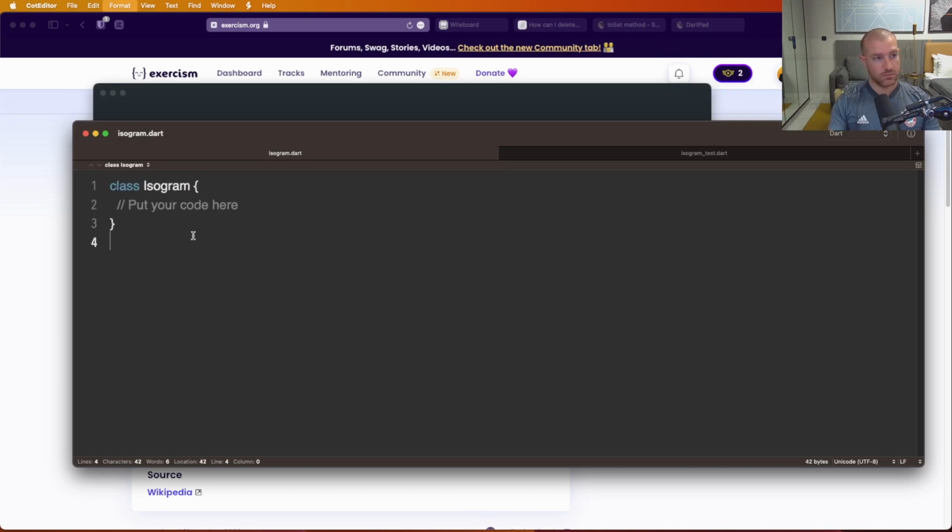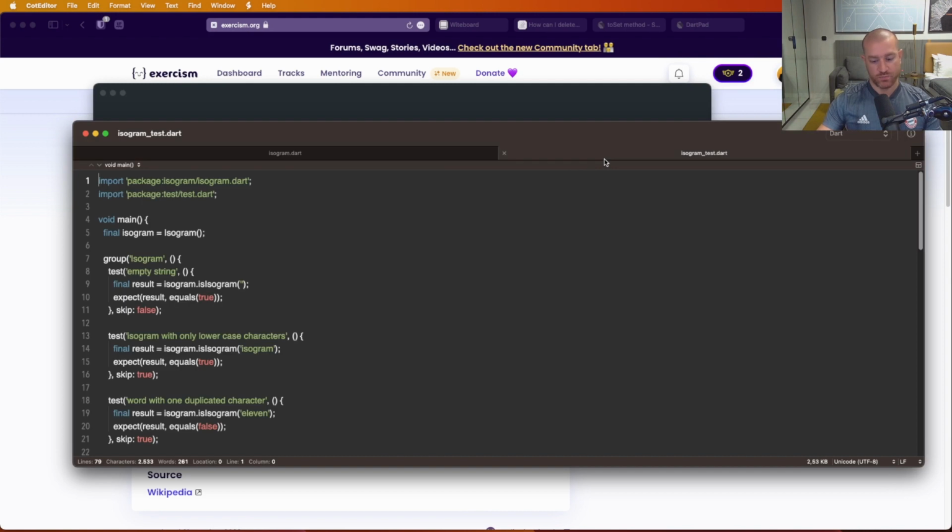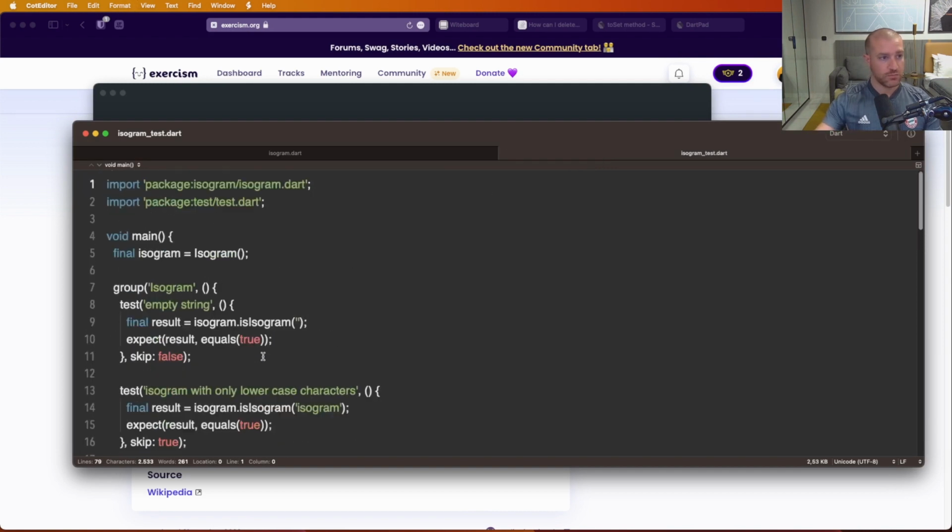What's happening? Okay. So we have a class here. It's an empty class. This is the class that we have, and then we have this method. It's called isIsogram, and we're getting a string. As you see here, it's an empty string. Here's a string, and then we're getting back a